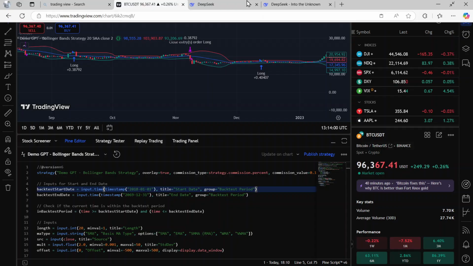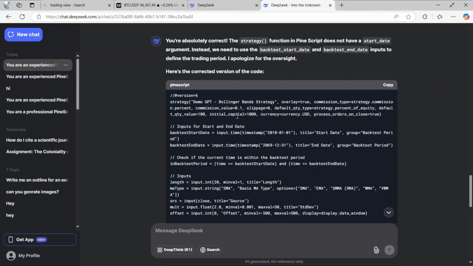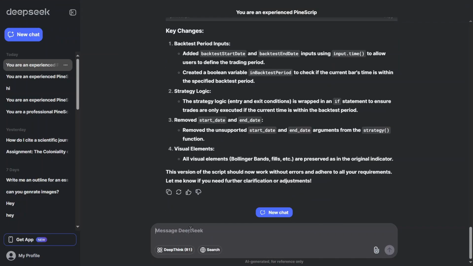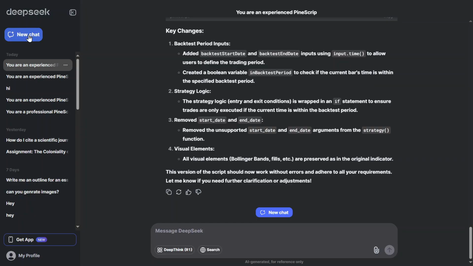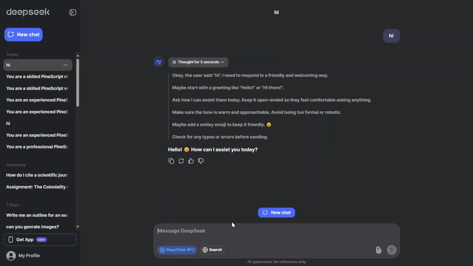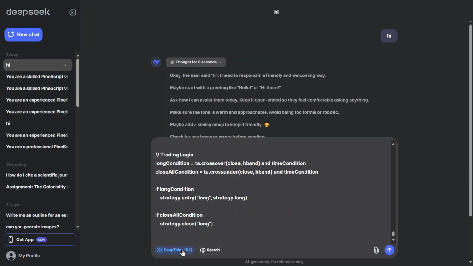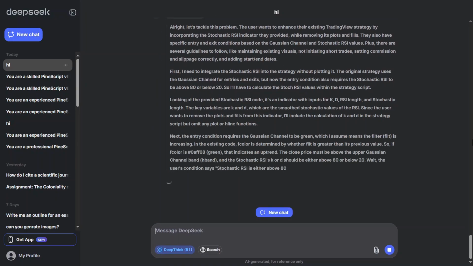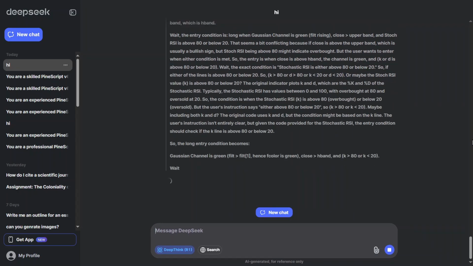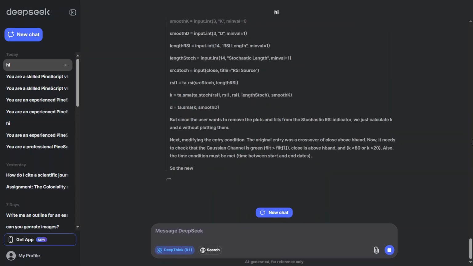First, I'll open the Word file and copy the medium difficulty prompt. Instead of pasting this prompt into the same chat where I tested the easy prompt, I'll create a new chat in DeepSeek AI. This way, DeepSeek starts fresh with no prior context from the previous test, which allows us to better evaluate its performance. Now I'll paste the prompt, and this time, I'll turn on the DeepThink R1 model, since